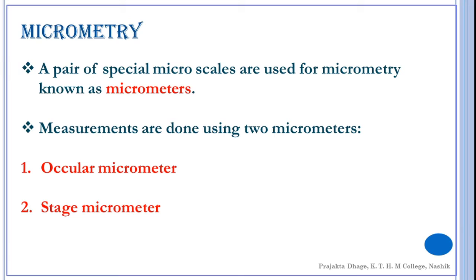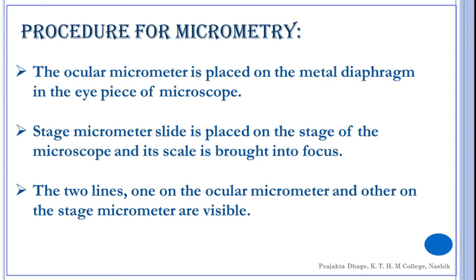The number of millimeters that corresponds to a full scale on the micrometer is recorded first. Okay, then this distance is divided by the number of divisions in the ocular micrometer scale and converted to micrometers, µm. So now we have seen the procedure in rough. What we'll do is we'll see a proper procedure, so that you can understand what is actually happening.